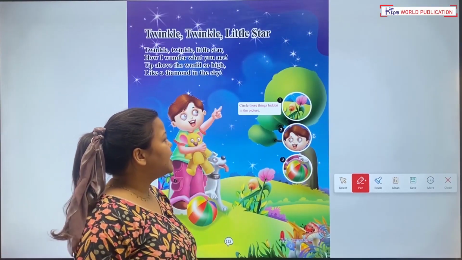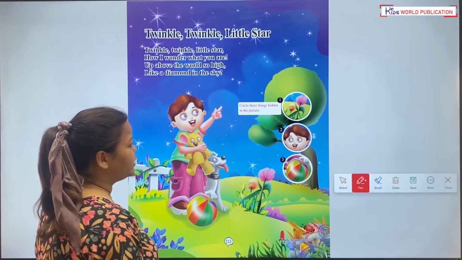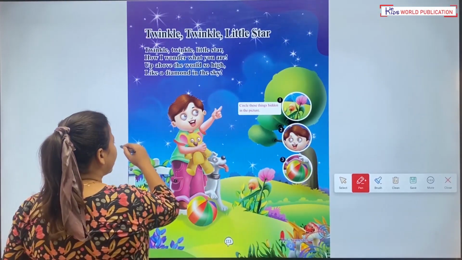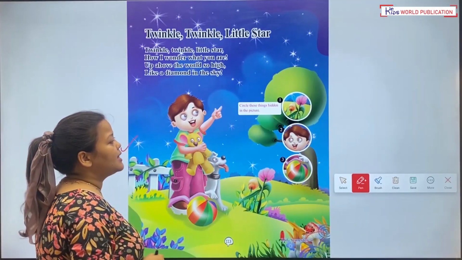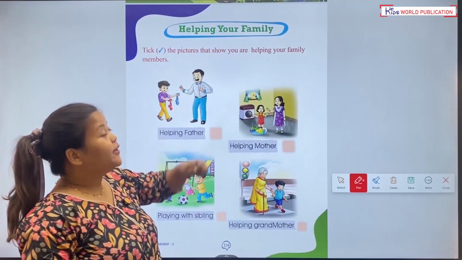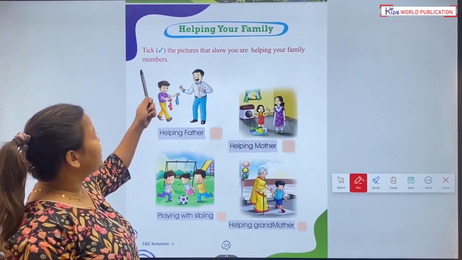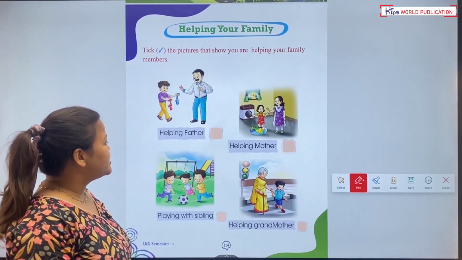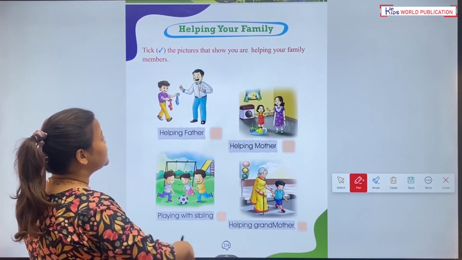Circle these things hidden in the picture. So kids, here you can see some hidden things are given here. You will look at the picture very carefully and then circle the hidden things given here. Helping your family. Take the pictures that shows you are helping your family member. So kids, here some activities are given.